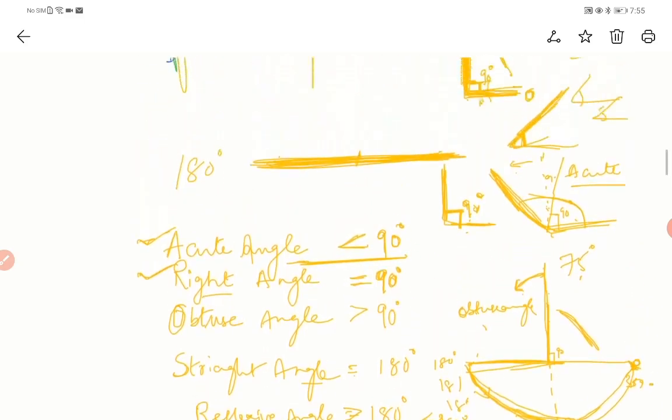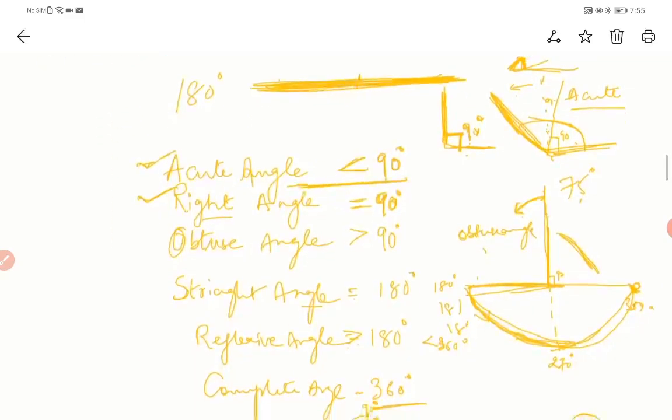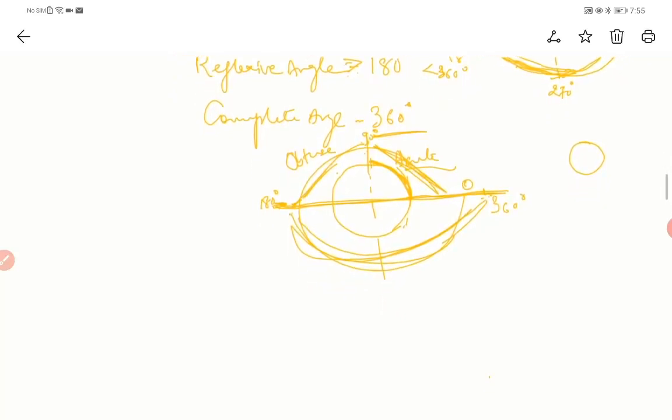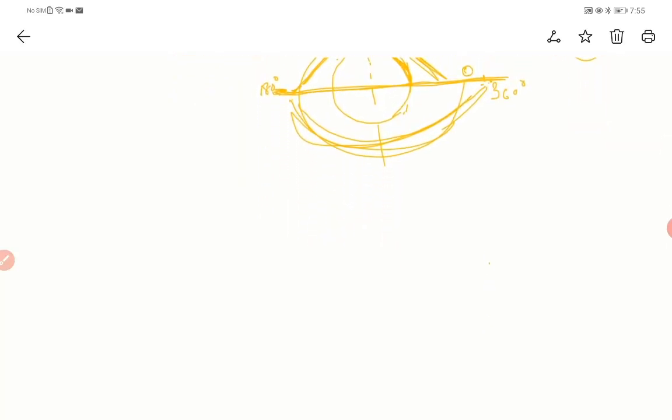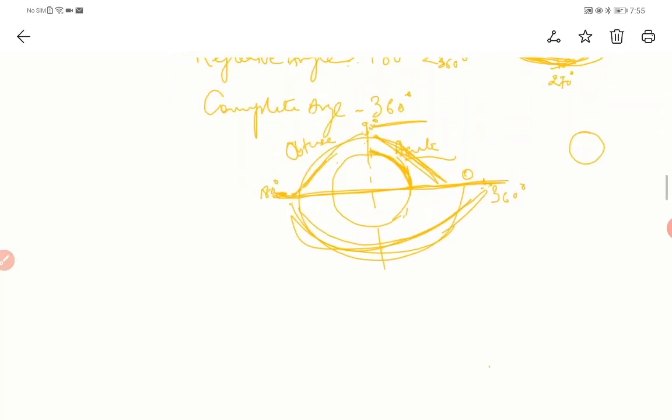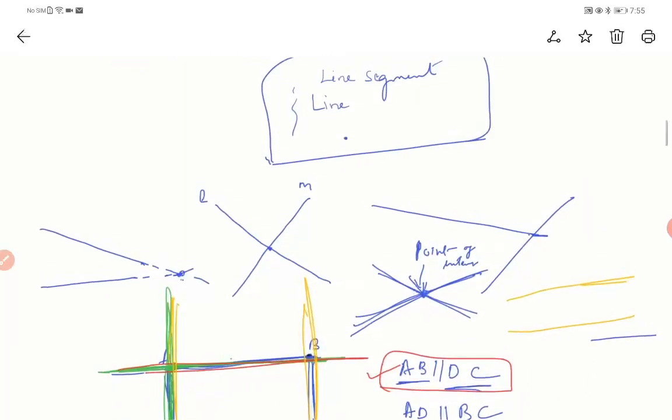Okay, the last thing which I want you all to understand in this is concurrent lines. Okay, I should have explained here itself. You have already seen intersecting lines. Okay, you have concurrent lines as well. Intersecting lines are what? When two lines intersect at one point, you call it an intersecting line, and this is the